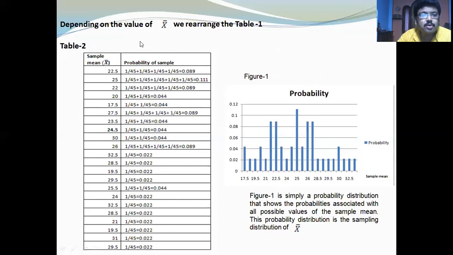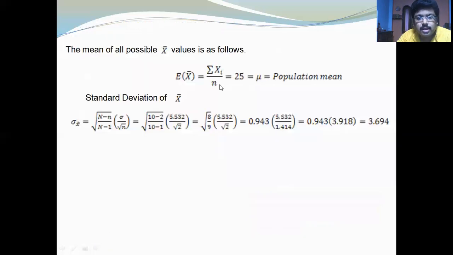So we have to find the expected mean. The expected mean is nothing but the summation of this column divided by n. So here summation xi by n, you can find here